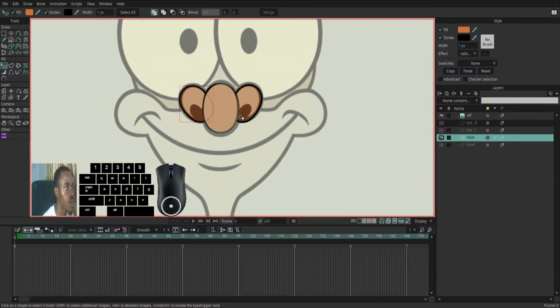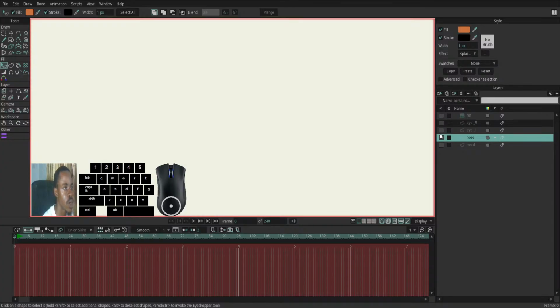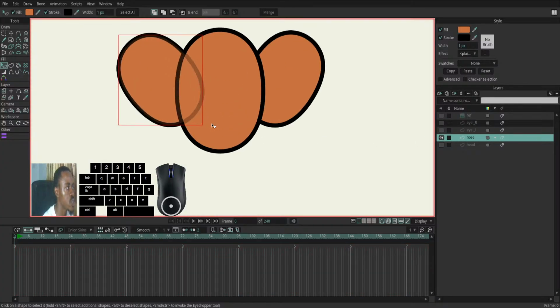So for the nose now, I still notice something that here is thicker than this side. So we need to do that also. So let me bring out the nose. Okay. So here is thicker. So let's see what we can do